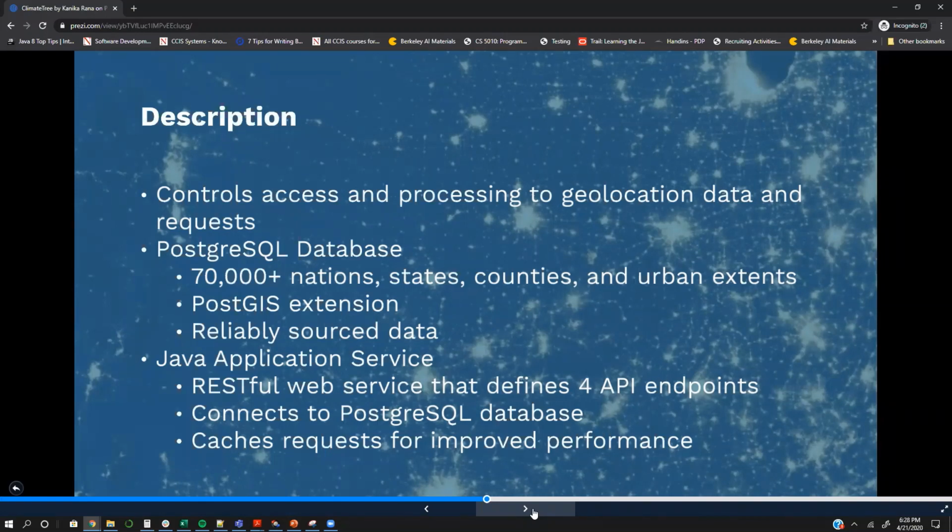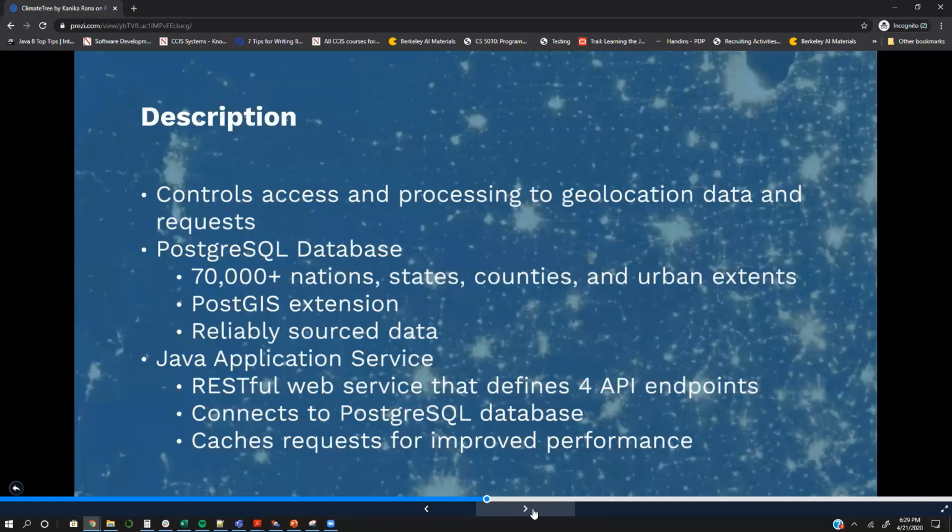As Evan shared before, a place can be anything like a nation, state, county, or urban extent. The Postgres database also has a PostGIS extension, which helps with querying and returning spatial and geolocation data. The database was created based on reliably sourced data that I'll get into in the next slide.